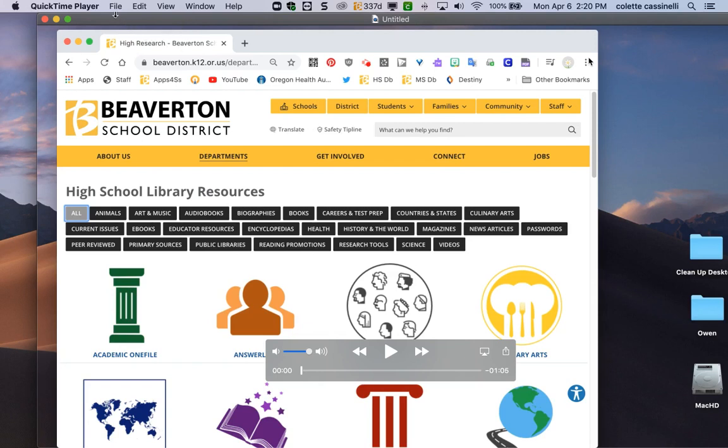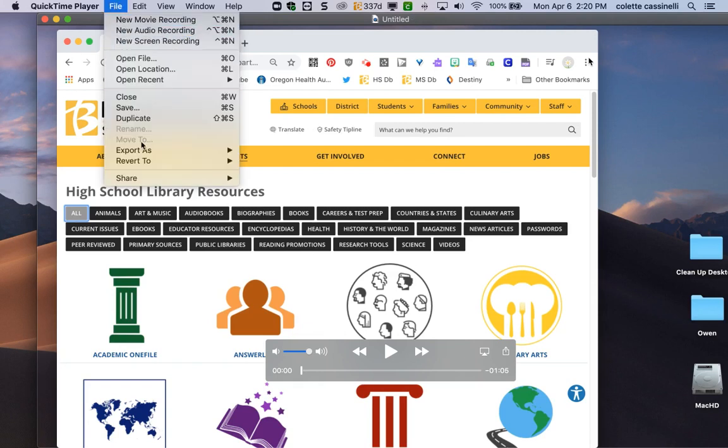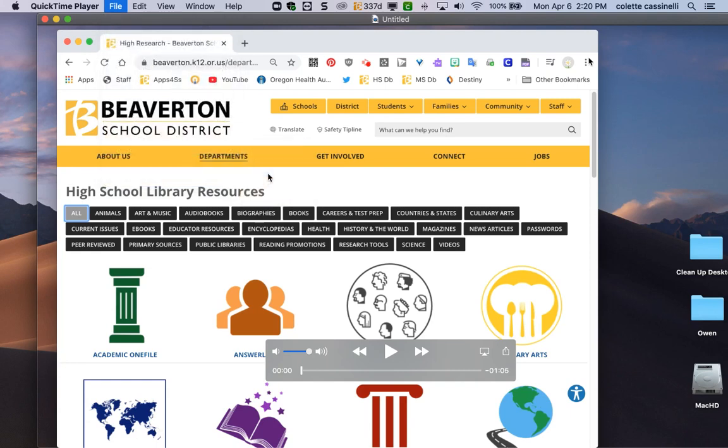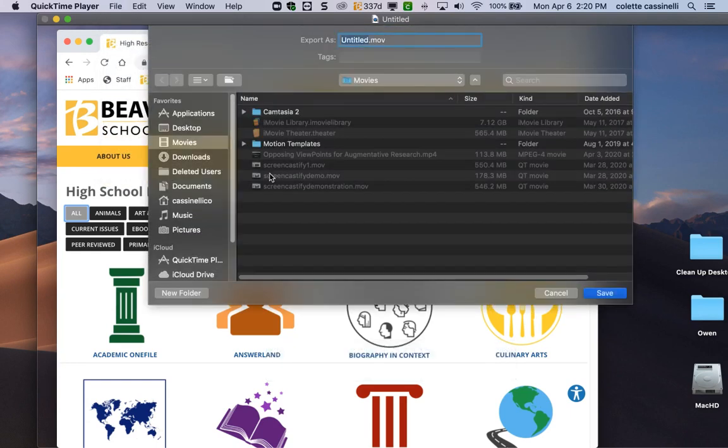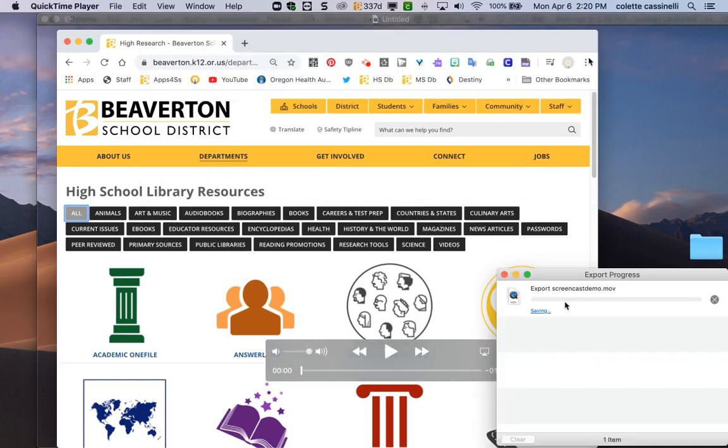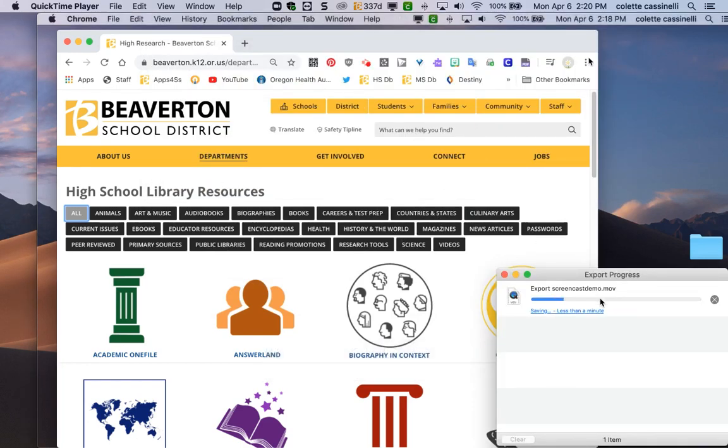At this point right now, probably the most important thing to do is to export it in a smaller file size, 720, 480 at the very minimum. When you press 720, you will name your screencast demo movie. And what it will do is it will go through and export this screencast as a movie